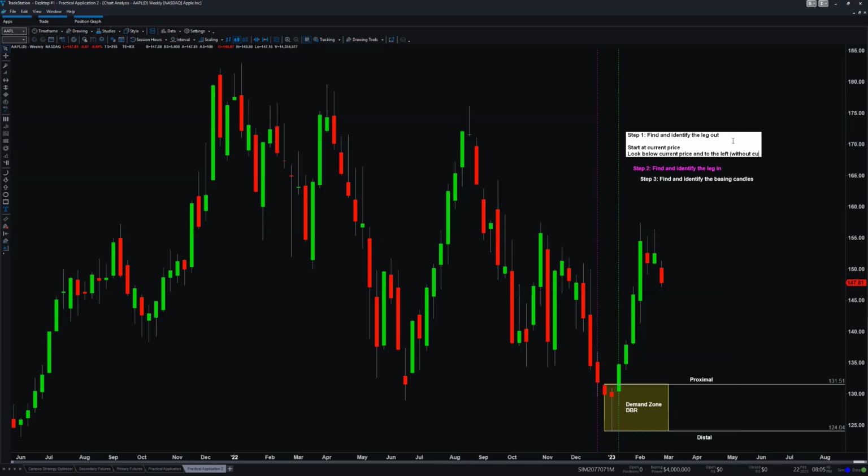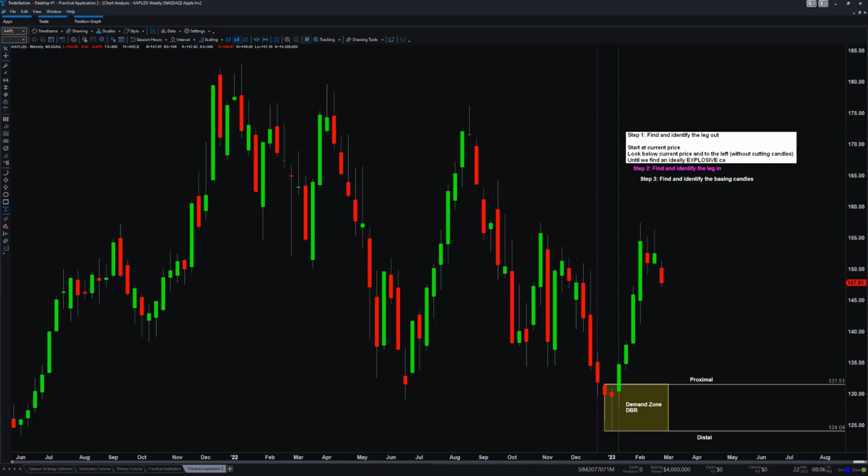Important, without cutting candles. So we're going to travel along the entire candles from body to wicks, and we're always going horizontally until we find an ideally